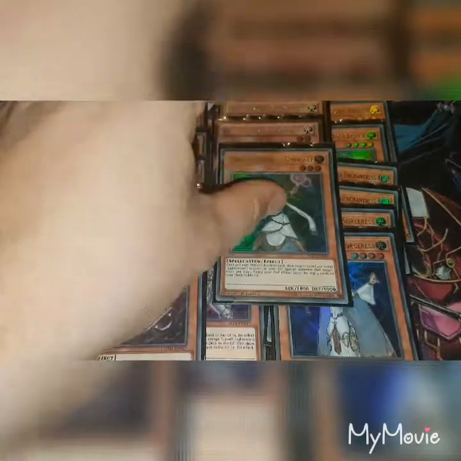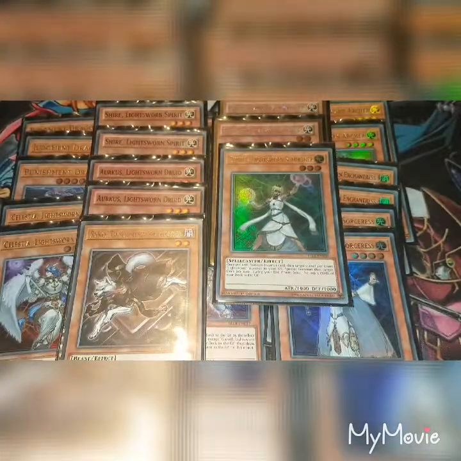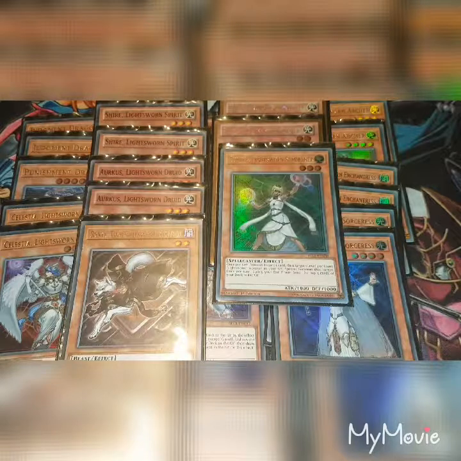I run 1 copy of Lumina, Lightsworn Summoner. Once per turn you can discard 1 card, then target 1 level 4 or lower Lightsworn monster in your graveyard. Special summon that target. Once per turn during your end phase, send the top 3 cards of your deck to